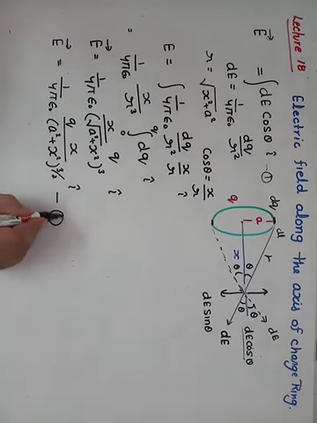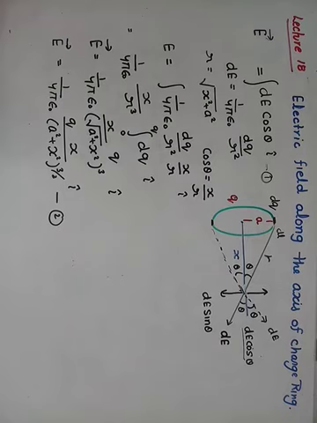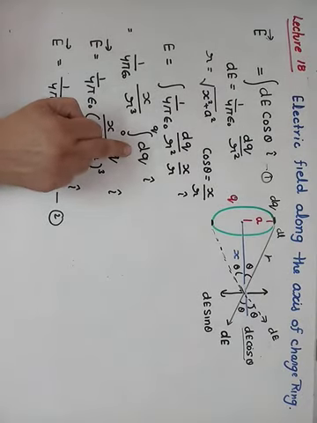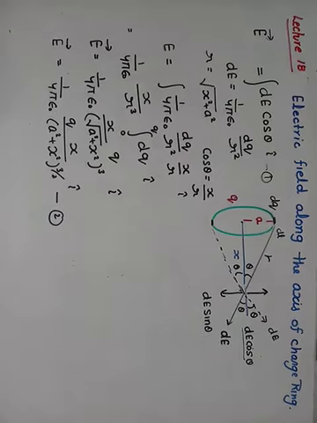We write it as equation number 2. In this way we get the result of the electric field. There is no need to follow a difficult method to solve this one. Only dq is there to integrate. The minimum value of dq is 0 and the maximum value is Q.